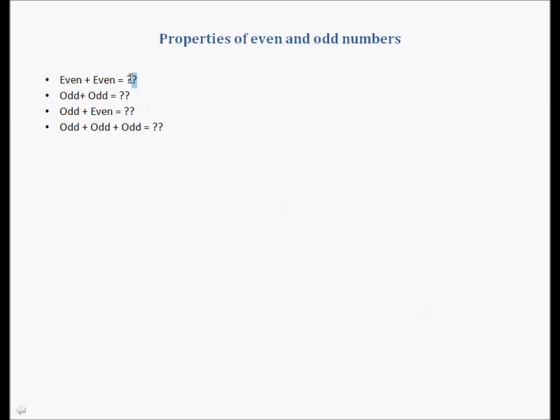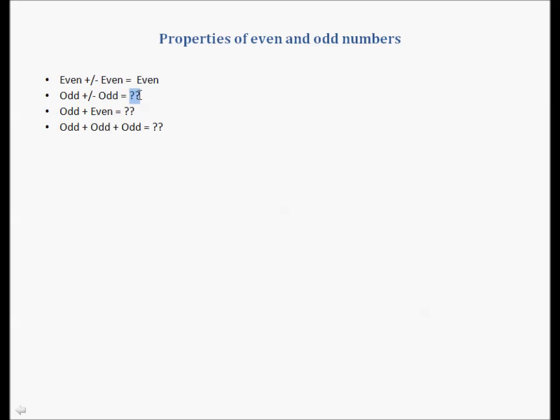So if we have two even numbers, what would be their sum? So let's take two even numbers, 2, the other even number would be 8. Sum of these two even numbers would be 10. So sum of two even numbers is even. So when we say sum, we are also talking about subtraction. So even minus even is even. Even plus even is even. So we'll write plus or minus, right? Because plus or minus are the same operations, they are not different.